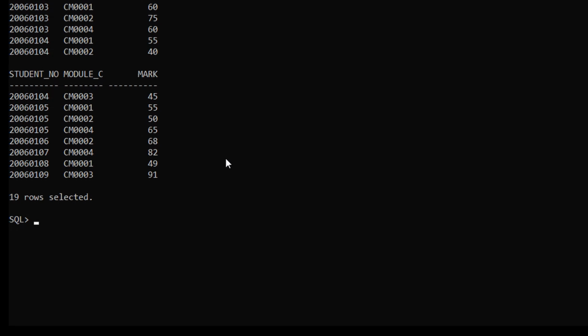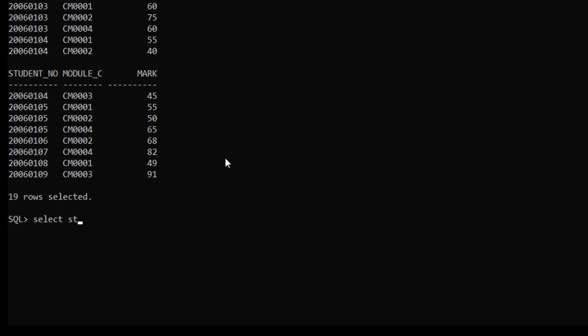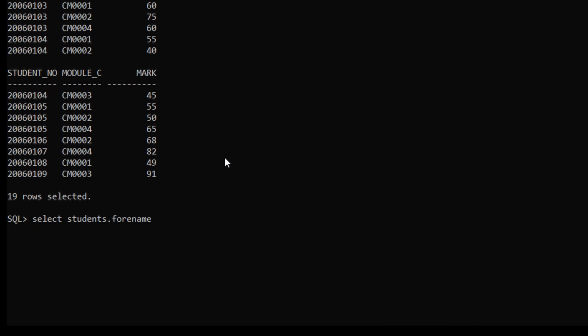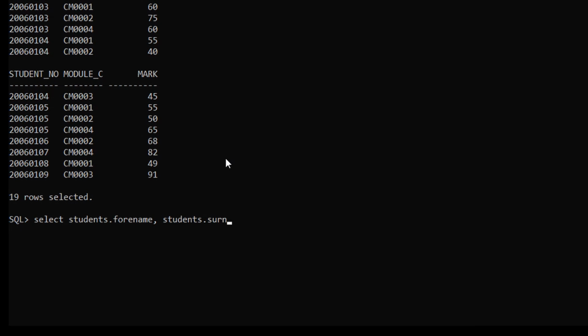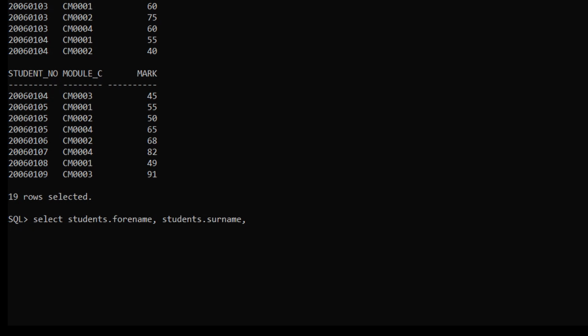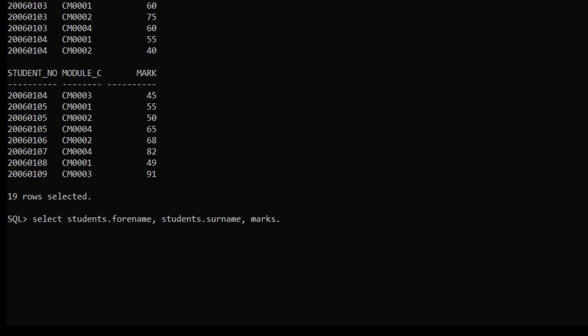For this, we just have to type select, and our first table is students, so just type students dot forename, comma, as well as students dot surname, comma, and from the marks table we are getting the mark column, so just type marks dot mark.